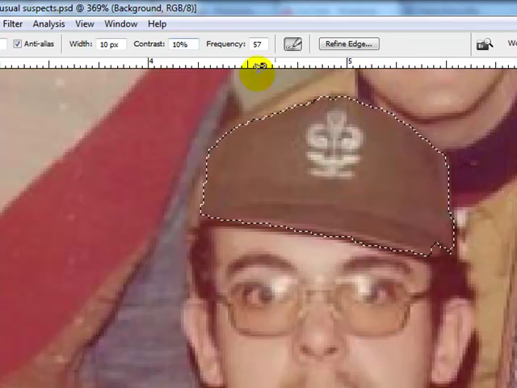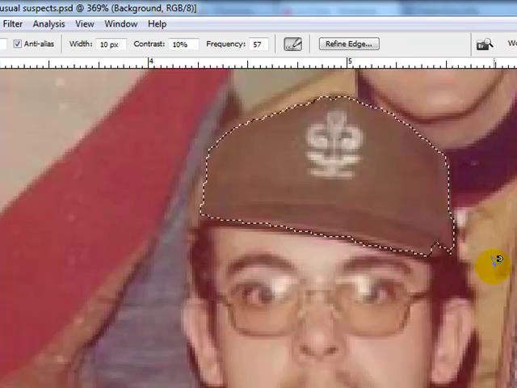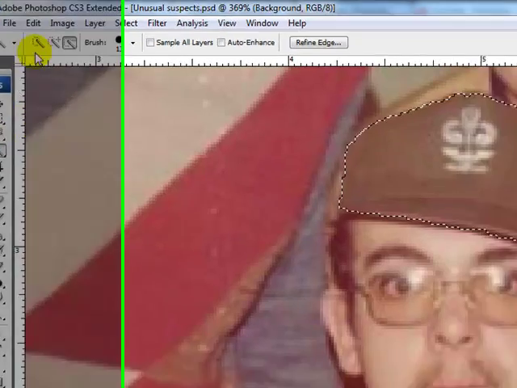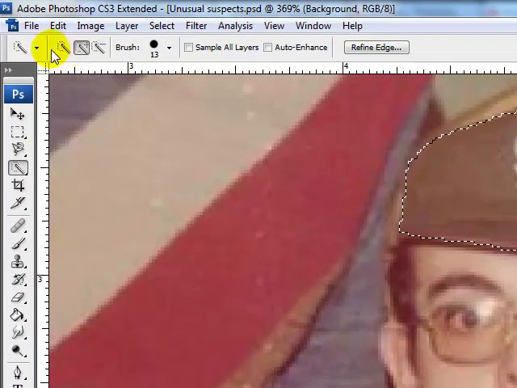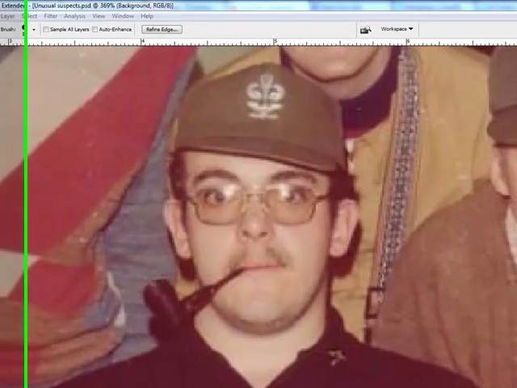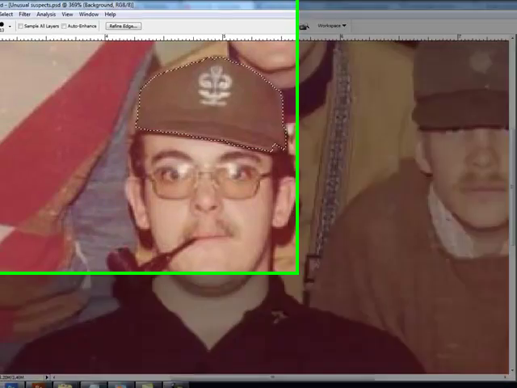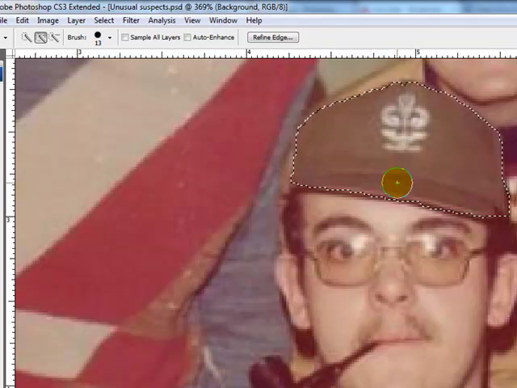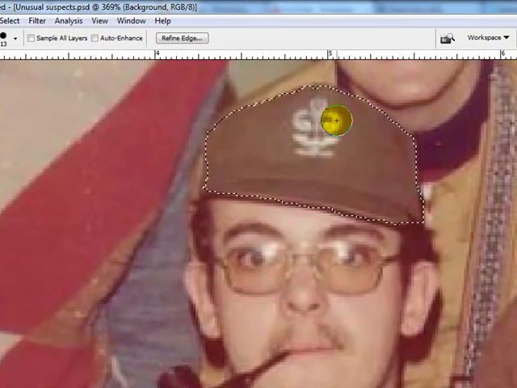selected just the hat. Now, I noticed down here, there's one other tool I might as well introduce you to. While we're at it, we're going to go into more depth on these later on, but you notice there's a little spot I missed right down here. This is called a quick selection tool here, and this is like a magic wand type of thing. And basically, you click on the plus button up here in your application bar, and after you click on that, very simply you'll just kind of move it, and look at how it moved right into place. There's a minus button up here, so if you wanted to move it out of the way, you could a little bit. Okay, so we have the hat selected the way we want to here,